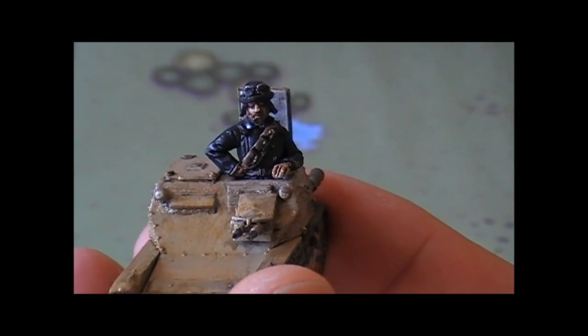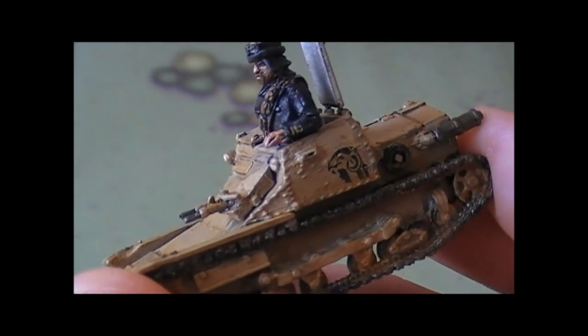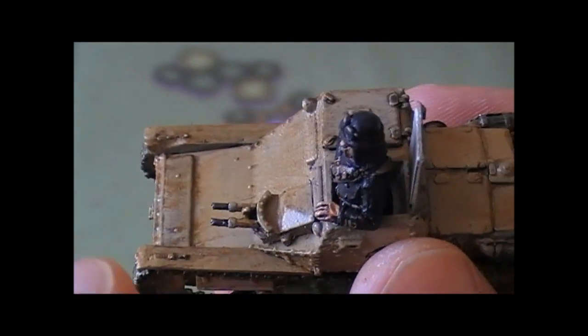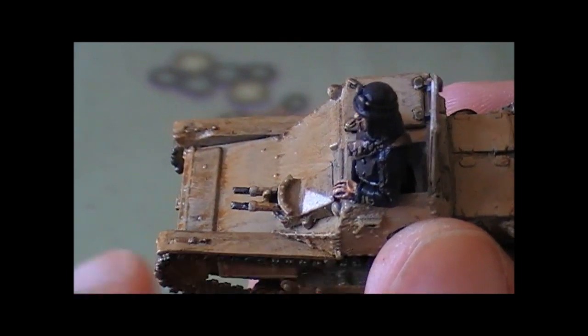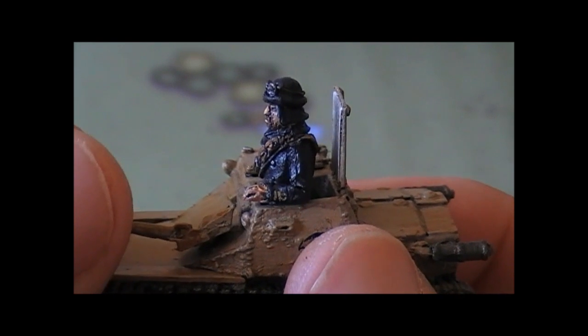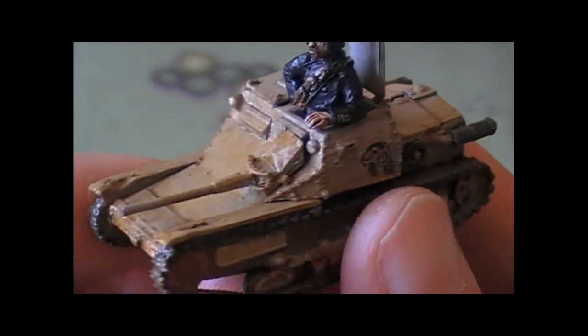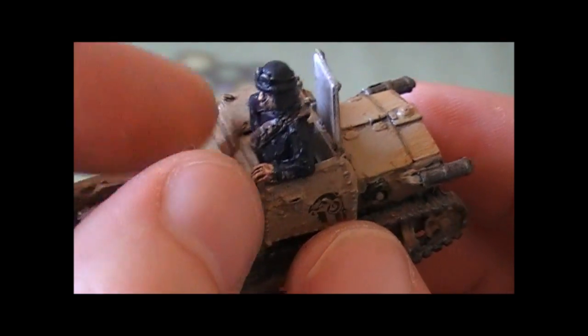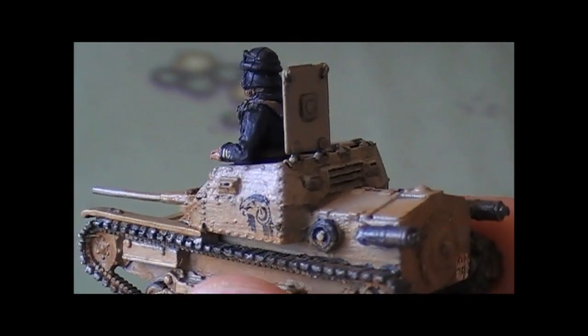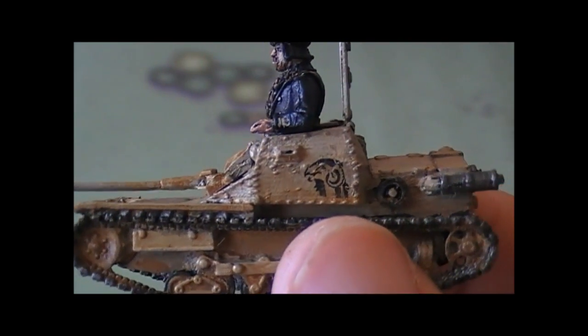And you can see it's literally a two-man little vehicle. And they actually came in two versions. You've got the standard version here that came with the twin Fiat L37 MMGs, and I actually magnetised this little section here, and you can swap it out for the second version, which was the one that had the 37mm anti-tank rifle or gun, light anti-tank gun, and you can basically put that on and it becomes that version. Just straighten it out a little bit. There we go. And again, I did this in the same armoured division as my other Italian armoured vehicles, the Rams head division,